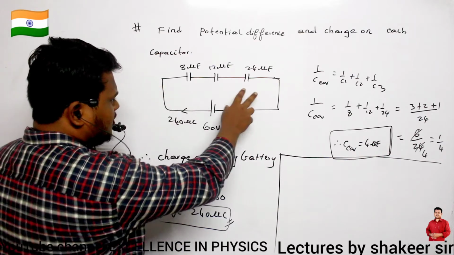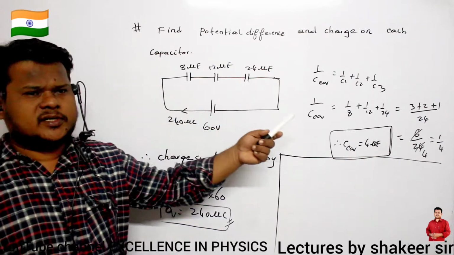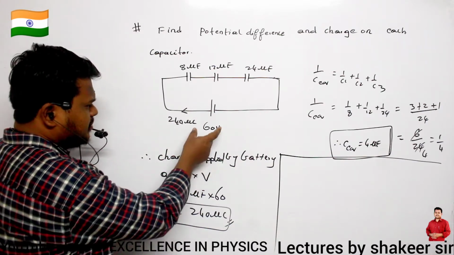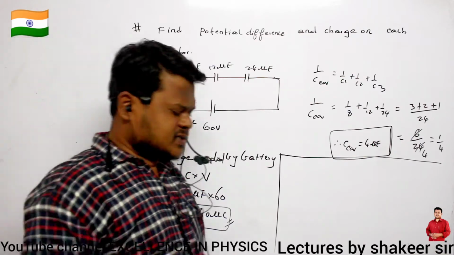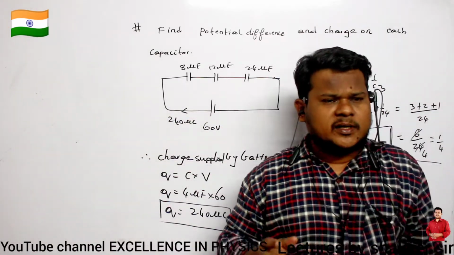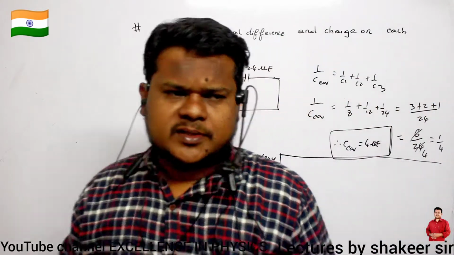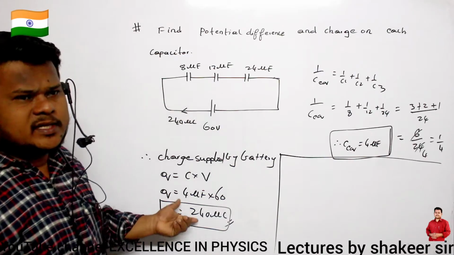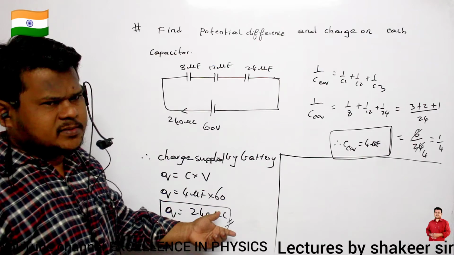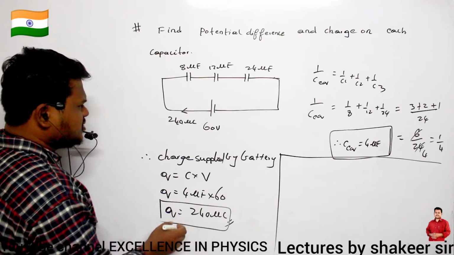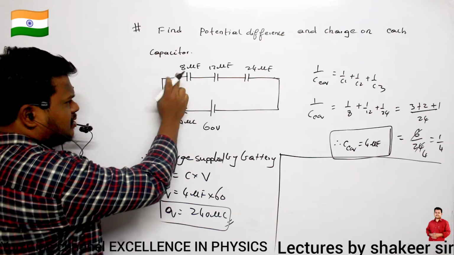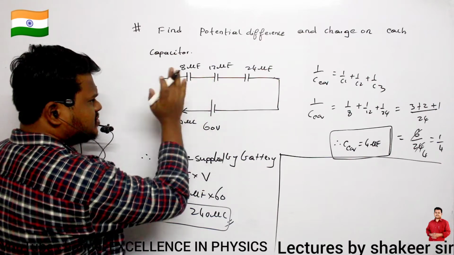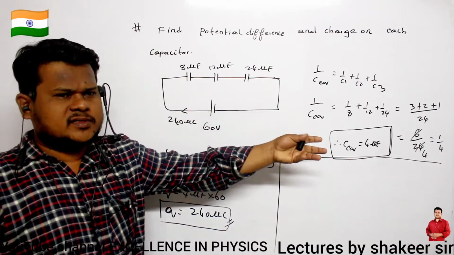See, this is what kind of connection? Series connection, no? Because this is series connection, already we have discussed, in series connection the battery supplies a charge only to the first plate of the first capacitor. That's all. The remaining charges will all be induced charges. So when capacitors are connected in series, every capacitor will have the same charge. How can you say that? Because this 240 microcoulombs is supplied only to the first plate of the first capacitor. On the second plate, negative charge will be induced. On the second plate of the first capacitor, again the same amount of positive charge will be induced. So like this, charges will be induced continuously.